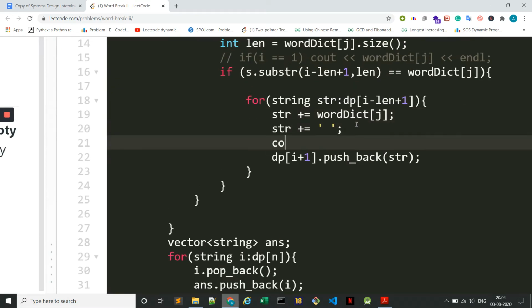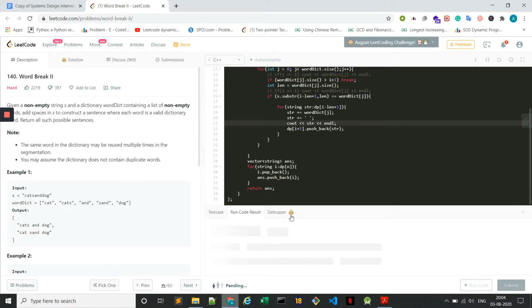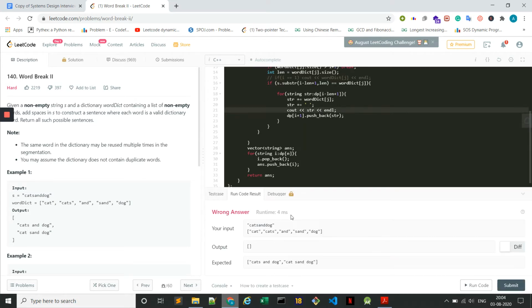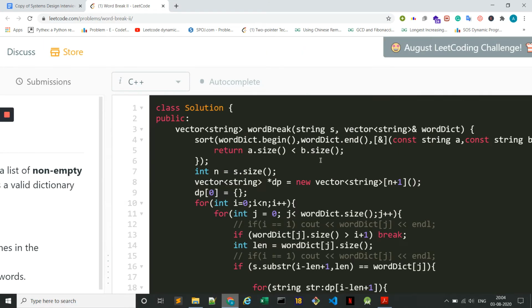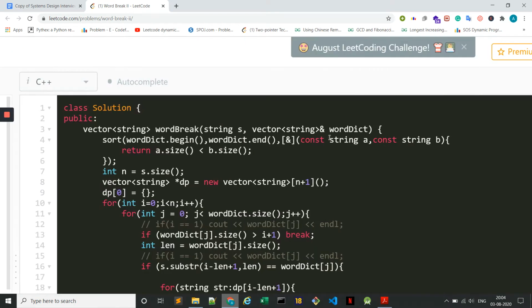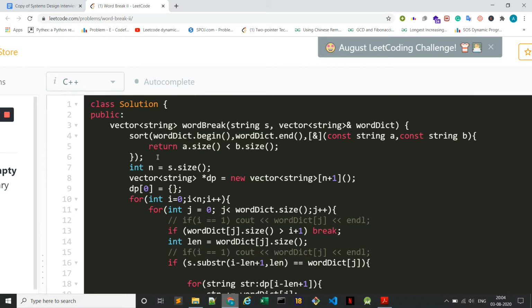So let us see out str, all the possible solutions. We are not getting any output. Just let me check. We have a string s. Once we sort this, when we say that what is the